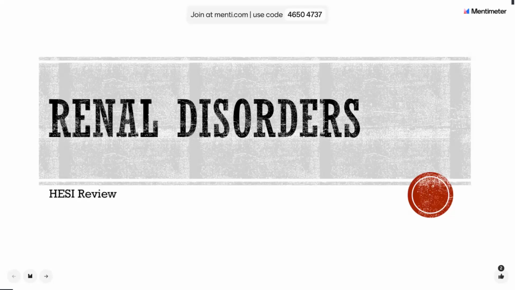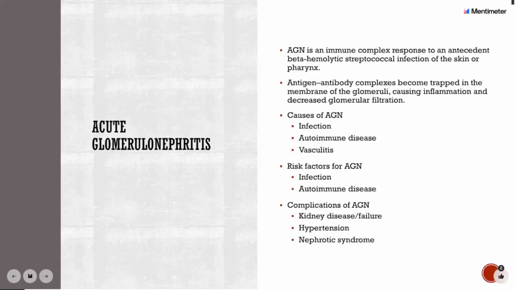So looking at those renal disorders here, the first one we're going to look at is acute glomerulonephritis. This is that immune response to typically a beta hemolytic strep infection. We can either get that through our skin or through our airways, breathing that in. And those antibody antigen complexes get trapped in the filters in our kidneys and cause inflammation and our inability to